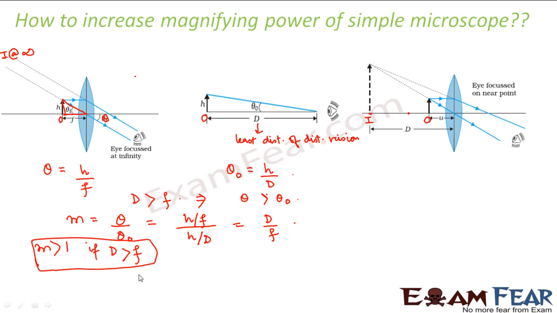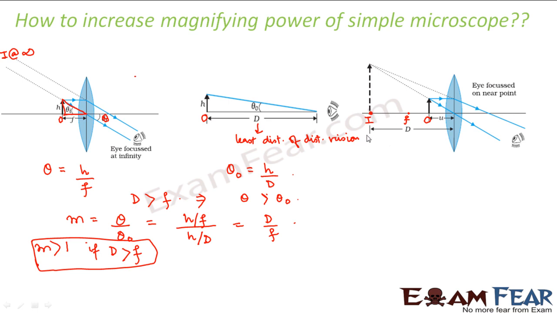So how is it possible that we can increase this magnifying power even more? So for that, what we do, we decrease the distance of the object. So the object is now placed even before the focal length. Let us suppose this was the focus. Now the object is placed even before the focal length. So in this case, what will happen? A virtual image will form at a near point. At this point, the eye is strained, but the image is seen properly.